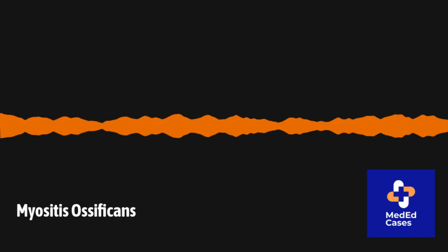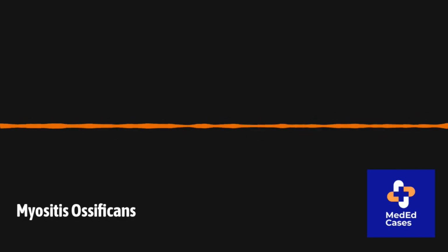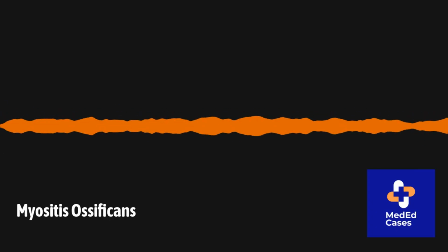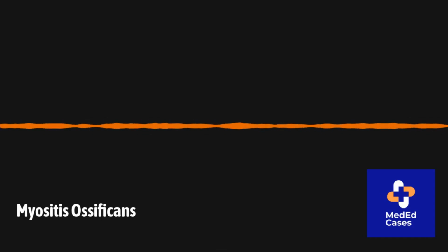Okay, so we've used the imaging, we've confirmed it's Myositis Ossificans. What does this actually mean for getting back to your sport, your activity? What's the road to recovery look like? Well, the good news is the first line approach is almost always non-operative. Conservative management. The main goals are pretty straightforward. Reduce the symptoms, the pain, the stiffness, restore your range of motion, and ultimately get you back to full function.